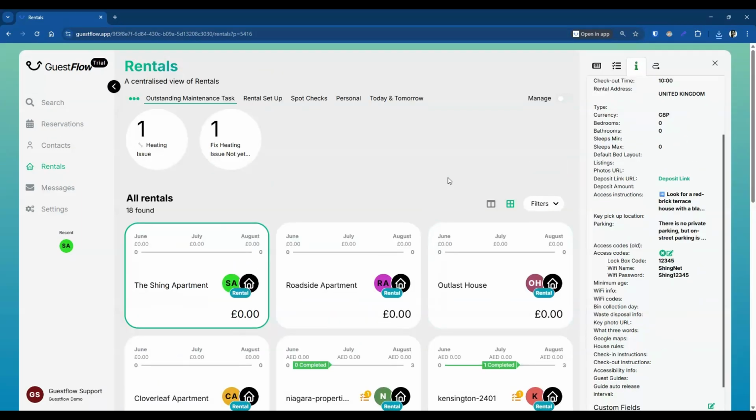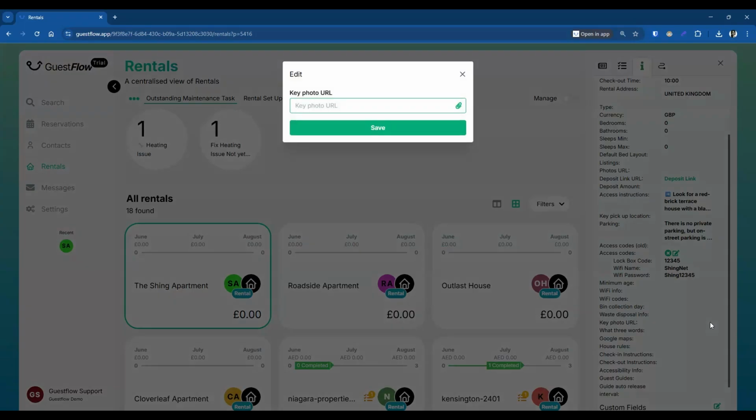Okay, next that we are going to do is to put in a photo for your rental, so it will also show on the guest app. So what you need to do is to go to the key photo URL section here, and then just hover over it and click on the edit button. So to have a photo on your rental on the guest app,